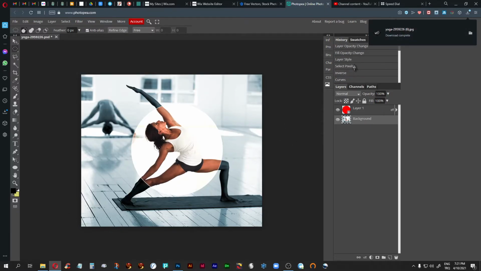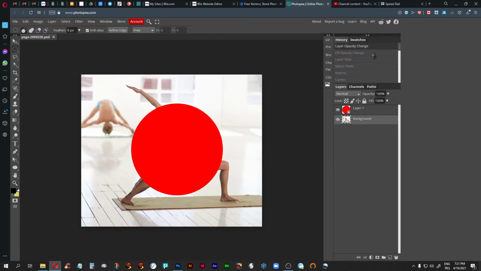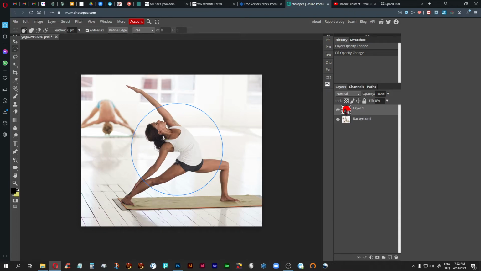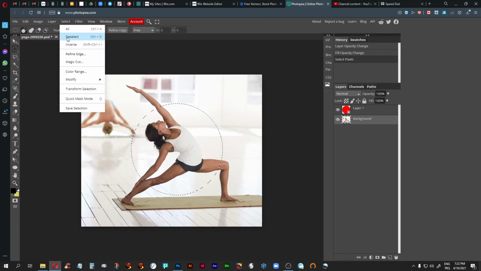Now again, let's go back to here. The history unfortunately is very limited. You can only go back so many steps, so I can only go back this far, which is okay. I just need to redo these things. So let me select this again, go here, inverse,